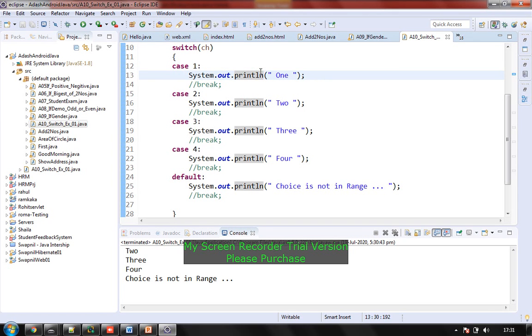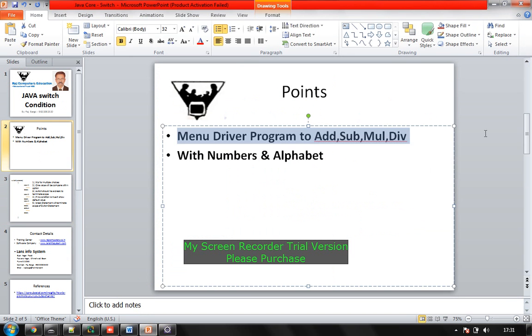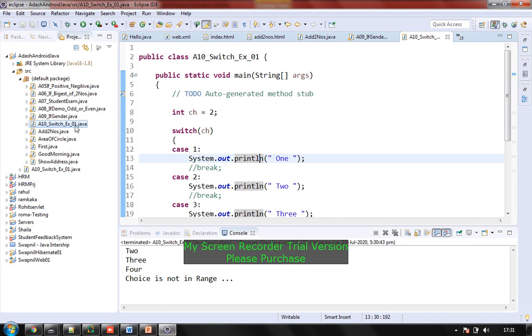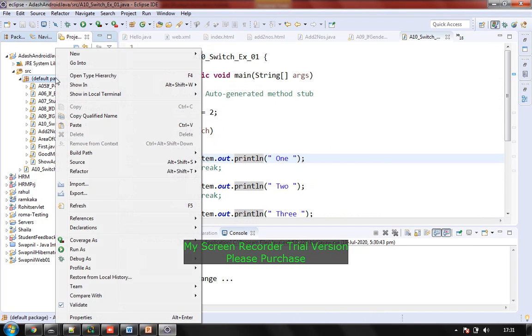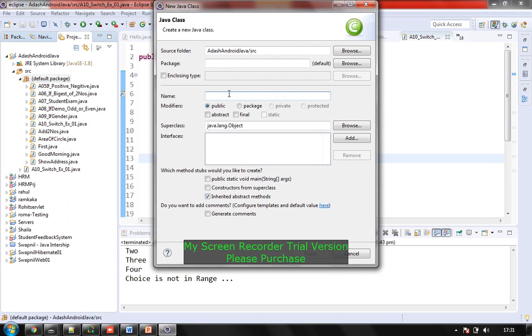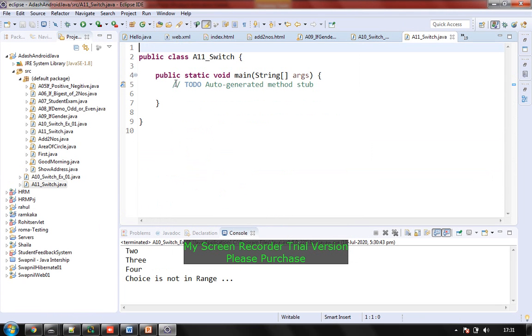Now basically I am going to start with my example, which is our target. So our target is to write a menu-driven program for choice 1, choice 2, choice 3 and choice 4. So how to write it? It's very simple. When you are writing a menu-driven program, you prefer writing a switch. So this is the example, and this is switch. I'll be adding main into this, so it is added.